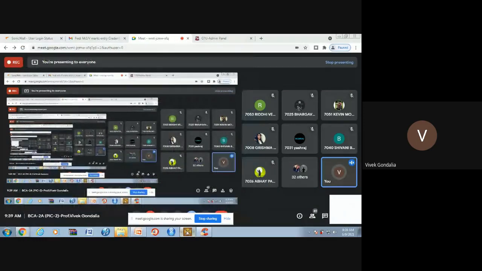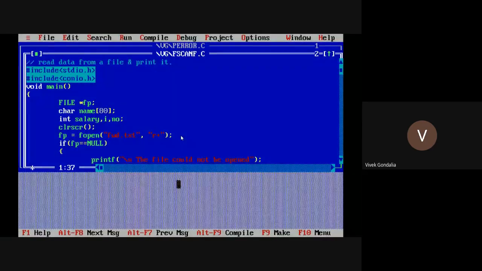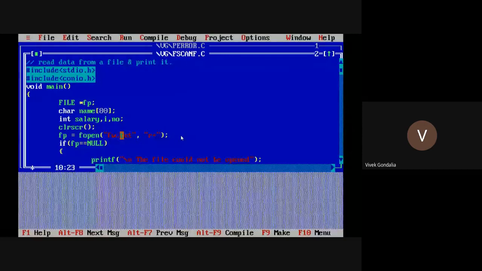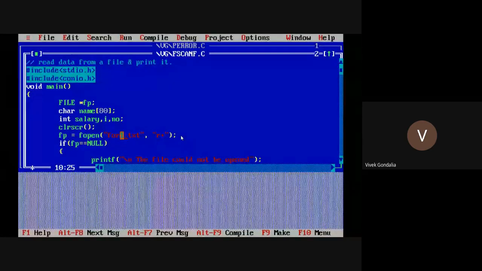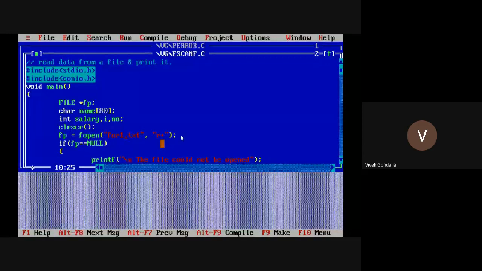You just have to specify the path, but it is in the folder, so I want to read the 41.txt. R+ is the reading mode, so it will be read and write. Generally we are using R, but if you go for R+, then it is also fine. The meaning of all the modes is given in the list, so you can explore it. Now what is my task?